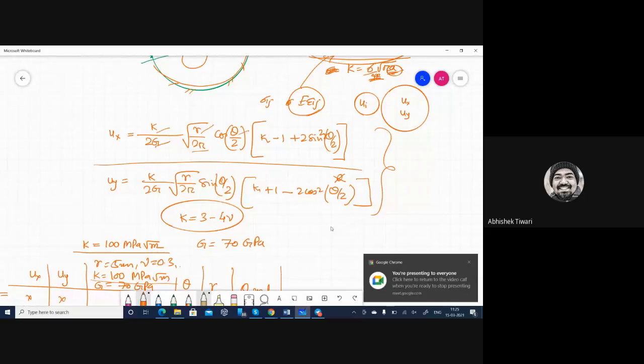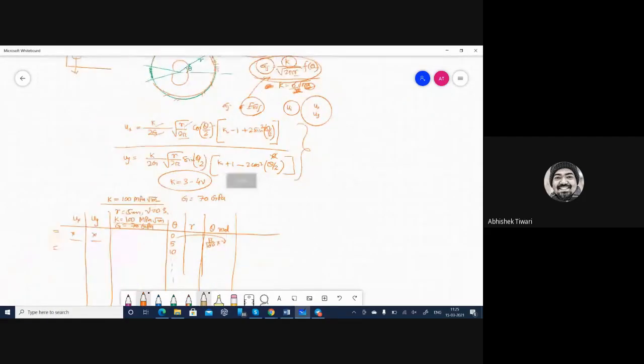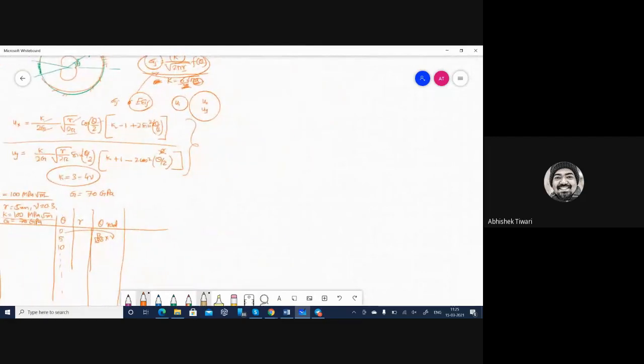Okay. So this is the formula. Can I minimize it? Yes, we can make it a bit smaller. So this is the formula.